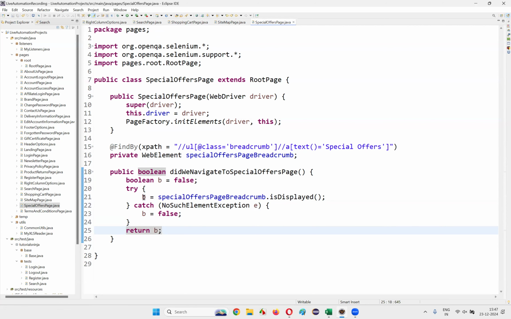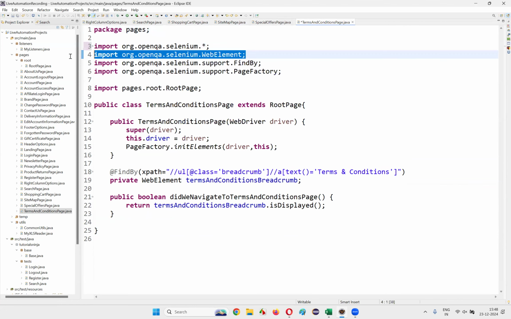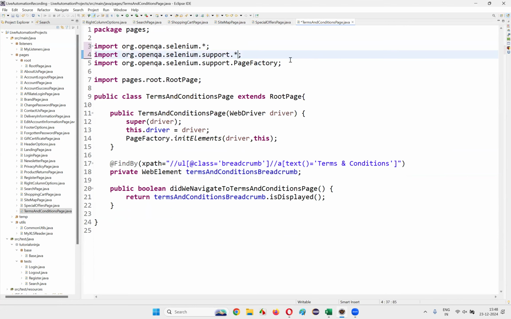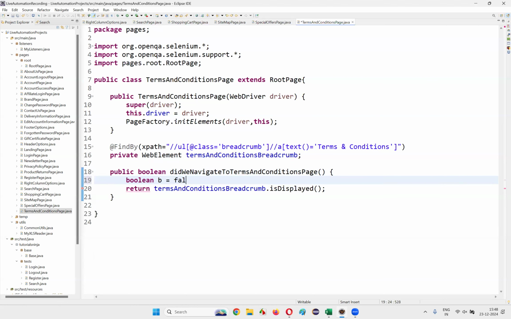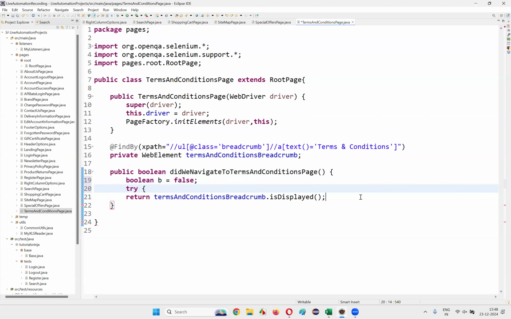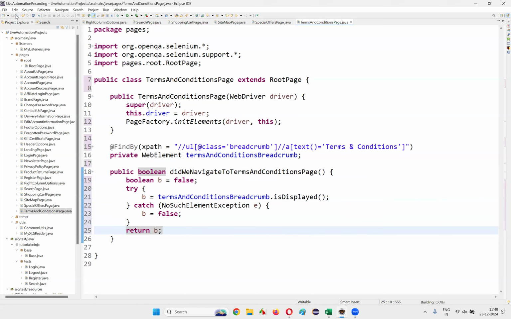save this. Then the terms and conditions page: expand this and provide the asterisk symbol here and remove this line, asterisk symbol, and remove this line, save this. Then write boolean b is equal to false, try block, catch NoSuchElementException e, and write b is equal to false, and simply say return b,